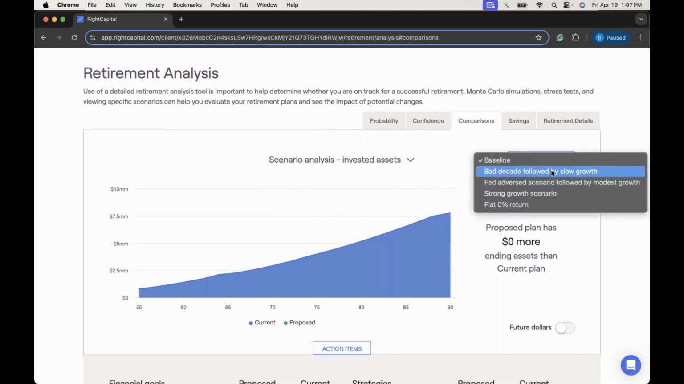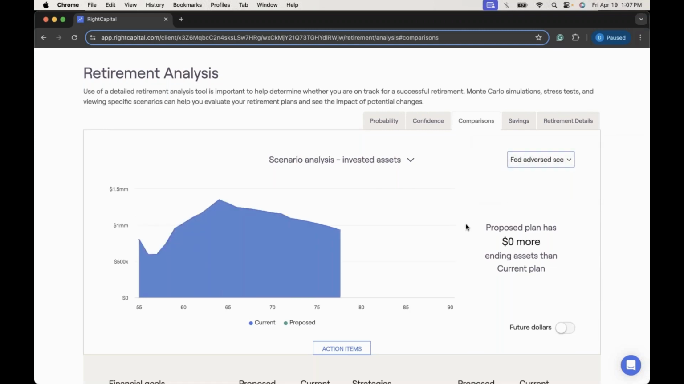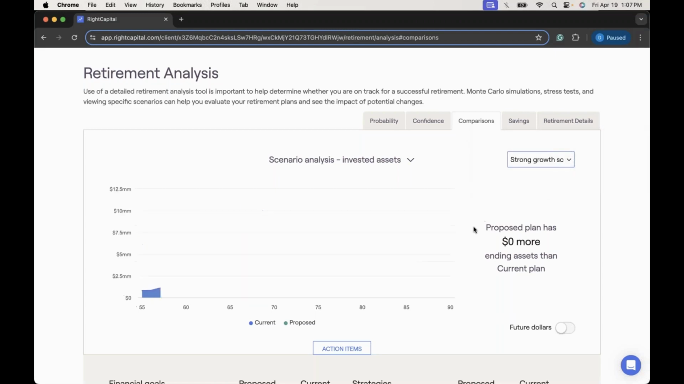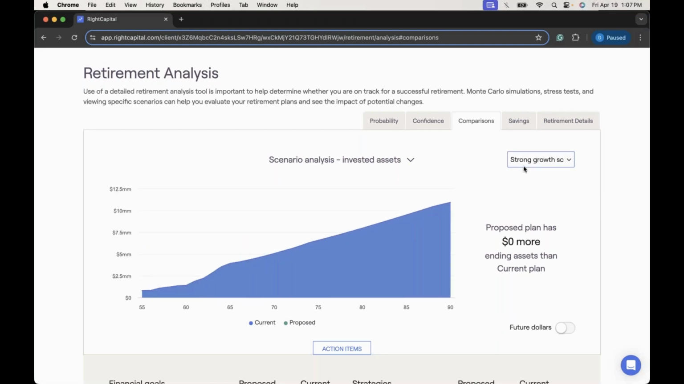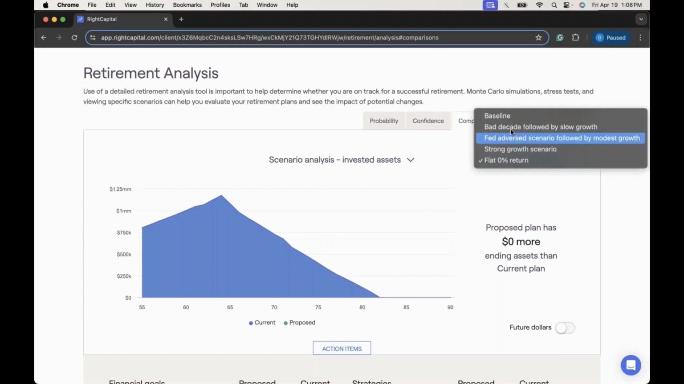look. We have our bad decade followed by slow growth scenario here, so a little rocky. We have the Fed adverse scenario followed by modest growth. We have the strong growth scenario in addition to a flat 0% return scenario here. So now that we've quickly toggled through each of those return scenarios, let's take some time to review each of these pre-builts in a little bit more detail, and then we can talk about building out custom return scenarios as